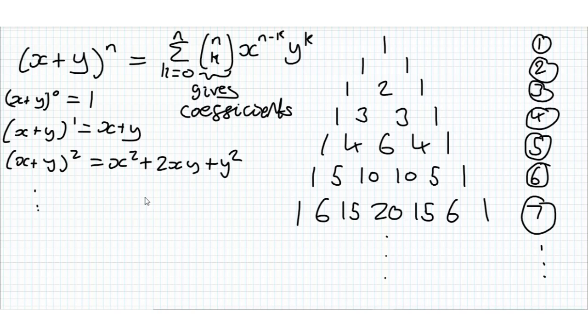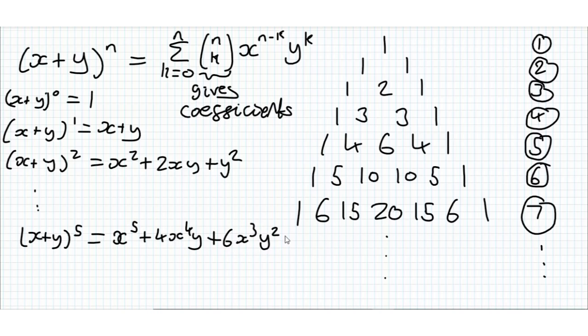So the trick is, if you say you got x to the 5, you go to this 5th row here, you just start reducing your powers of x, increasing your powers of y with these coefficients. So let's do that expansion. So x plus y to the 5 would be 1 times x to the 5 times y to the 0, y to the 0 is just 1, and then plus 4 x to the 4 y to the 1 plus 6 x cubed y squared plus 4 x squared y to the 3 plus